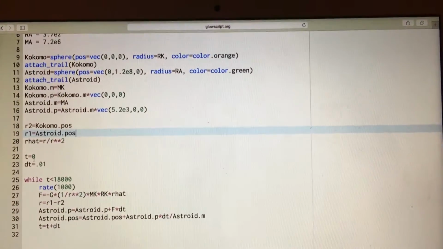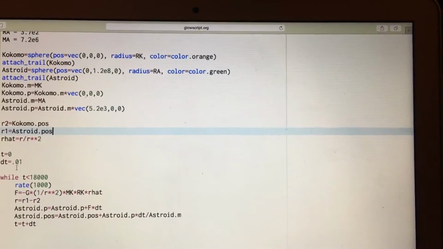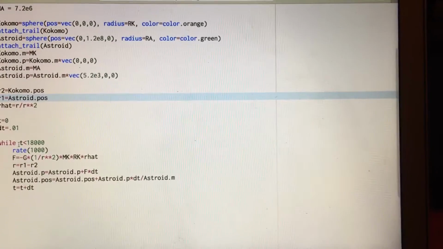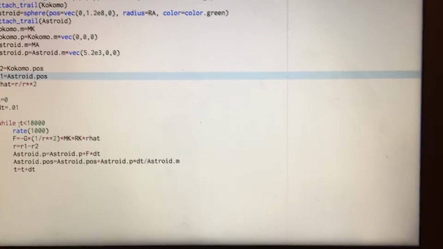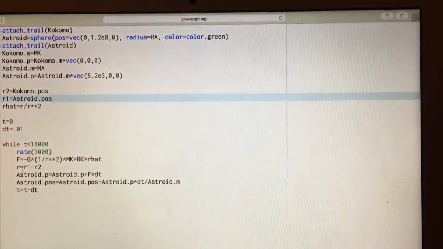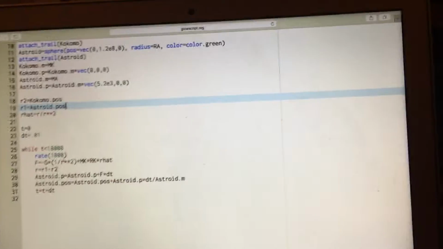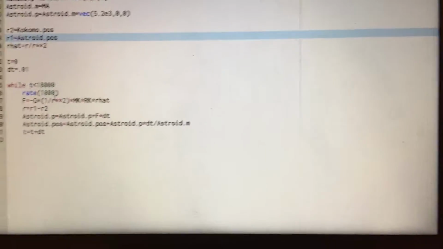I gave my time to be initially at 0 seconds. I wanted to start doing my calculations and have a 0.01 second change of time interval for my calculations. I gave a loop that is supposed to last for 1800 seconds. Once it reaches that point, it's going to cut off and stop giving me information on the equation. I have it giving me a rate at 1000. Not sure exactly what that means, but it's at 1000, which is going to happen fast and do lots of